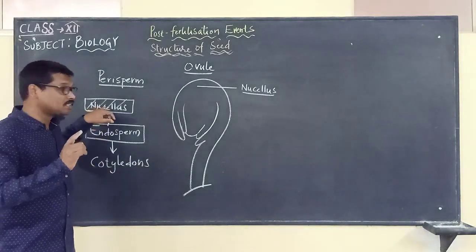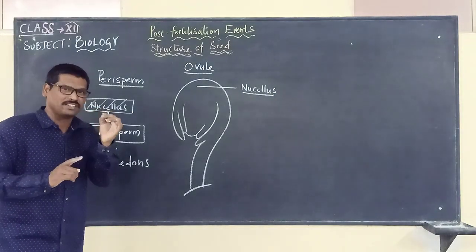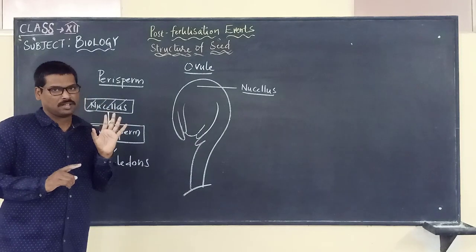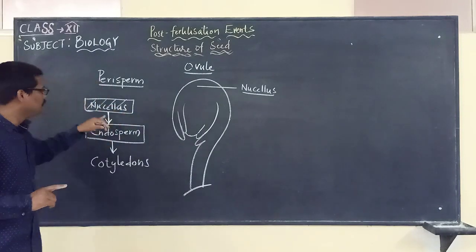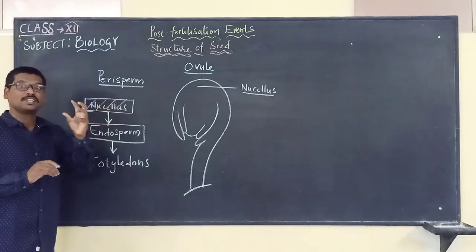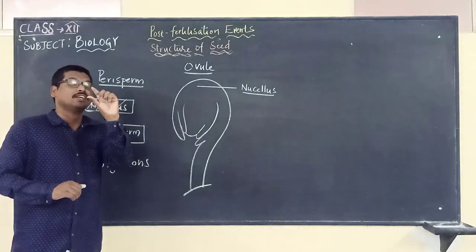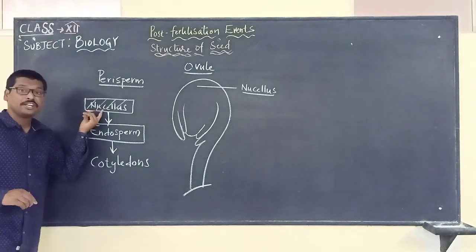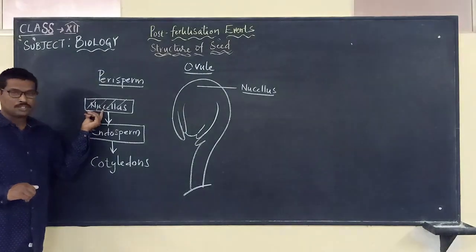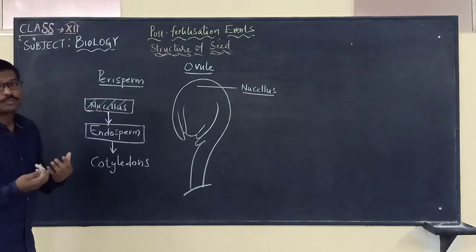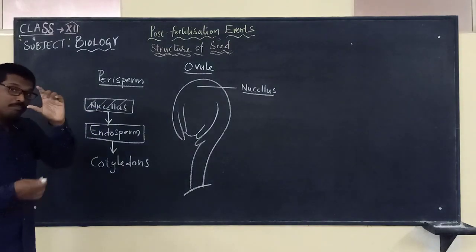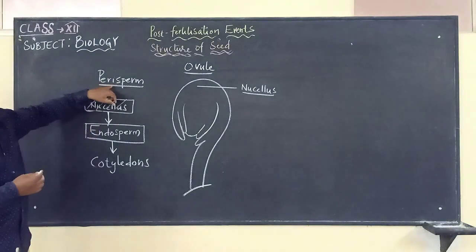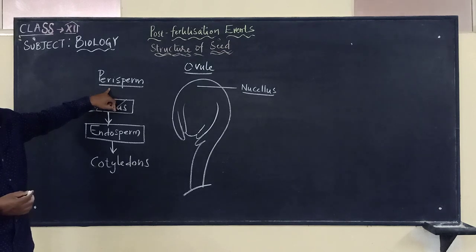there will be the persistence of nucellus, remnants, leftover parts. There will be remnants of nucellus present even after formation of the seed. Even after the formation of the seed, you will be seeing the nucellus cells. So when the nucellus is left over, even after complete formation of the seed, we call it what? Perisperm. We call it perisperm.